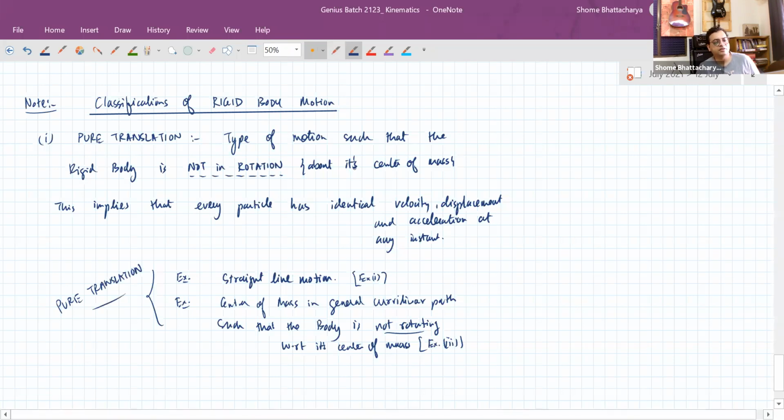Every particle within the rigid body. So the definition is that it's a type of motion where the rigid body is not in rotation about its center of mass. But what that implies is that every particle in the rigid body has identical velocity, displacement, and acceleration. So now the most important thing is that when a rigid body is in pure translation,